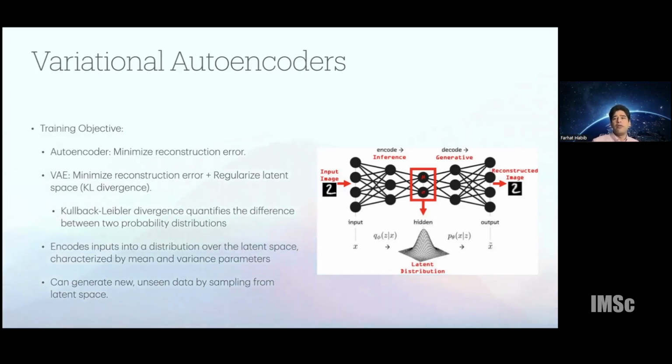Usually we want that to follow a normal distribution with a unit variance. We impose the condition that the points in the hidden layer have a normal distribution, and that can be quantified by using the KL divergence. Essentially, KL divergence can quantify the difference between two different probability distributions, and what we want is that distribution to be as close to the normal distribution